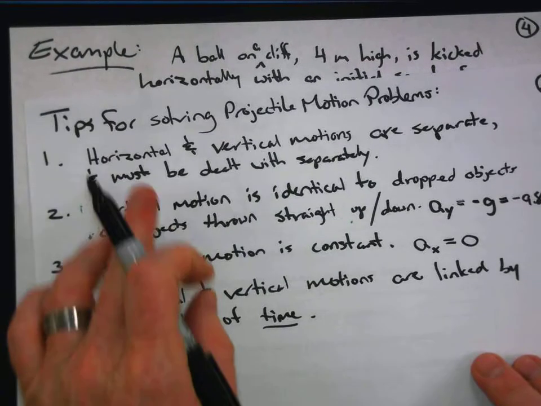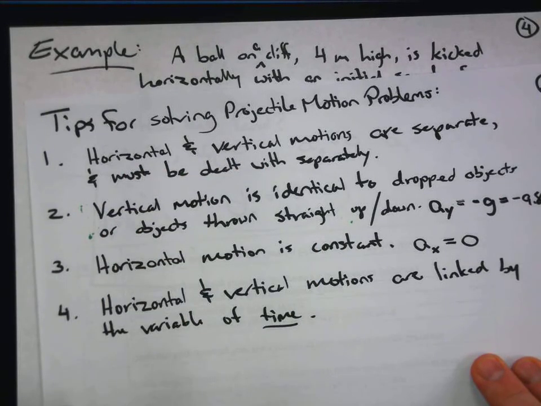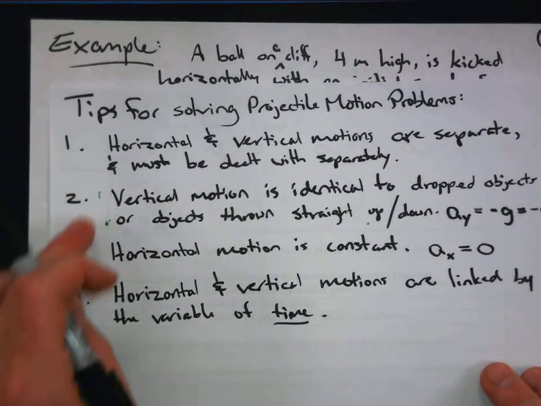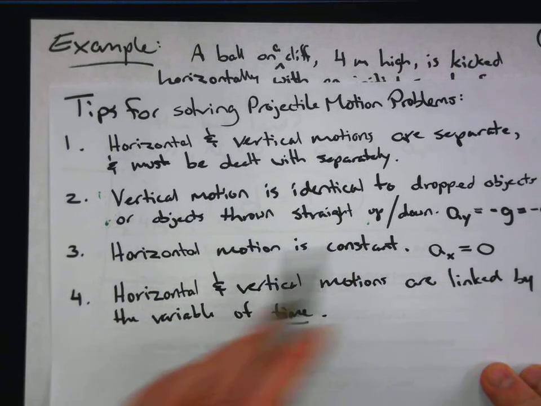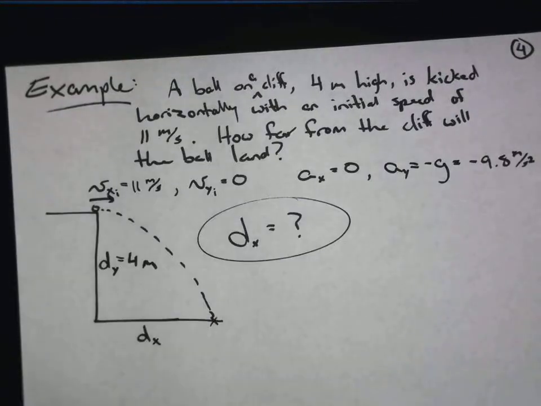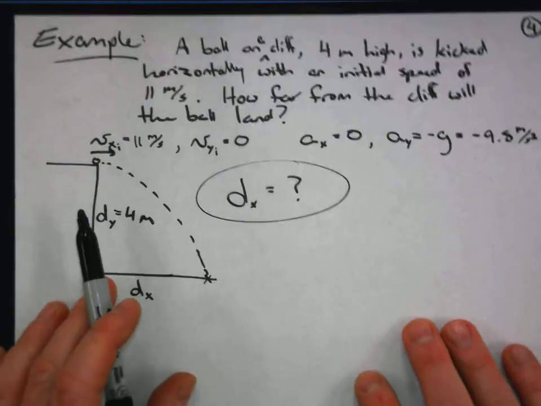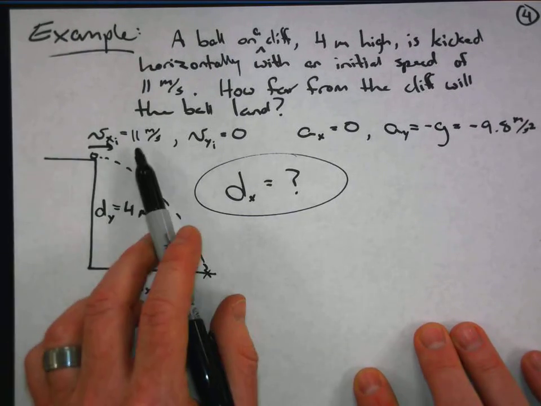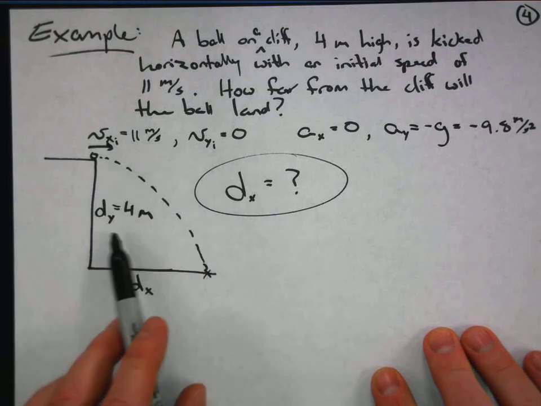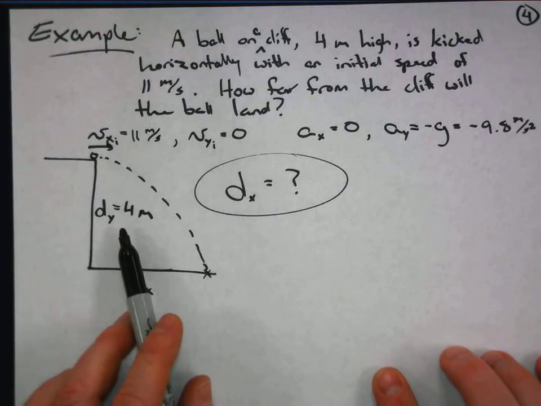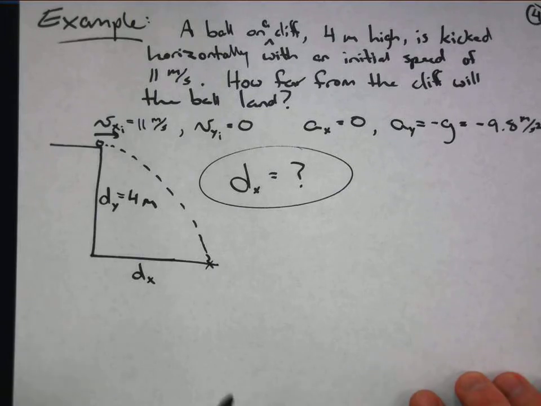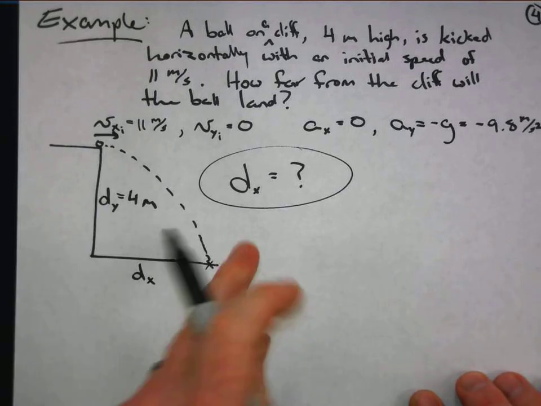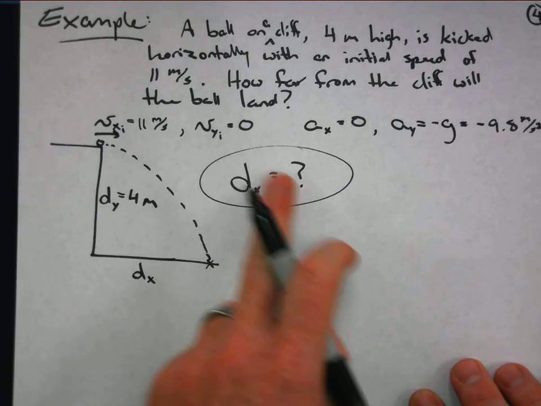I have to treat the horizontal and vertical separately. The vertical motion is accelerated motion, the horizontal motion is constant. So I can't mix things up. I cannot use a horizontal velocity and mix it up with a vertical distance and expect to get an answer that is meaningful. It will not. So here's the trick. Here's what I know. If I have a number here